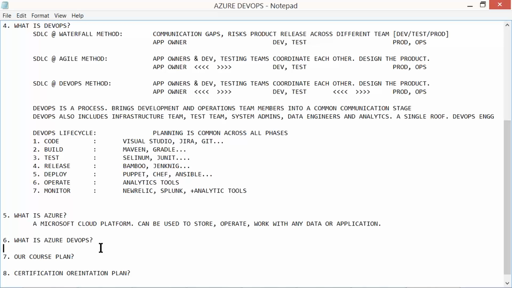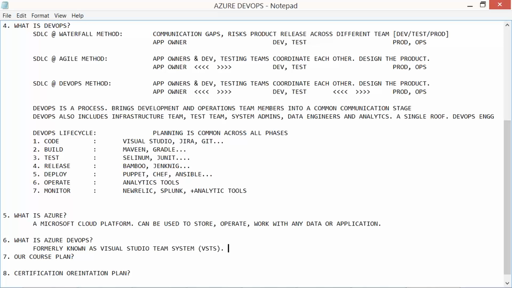When it comes to Azure DevOps, it's not new. It is there. Formerly known as the Visual Studio Team System, we call it VSTS.